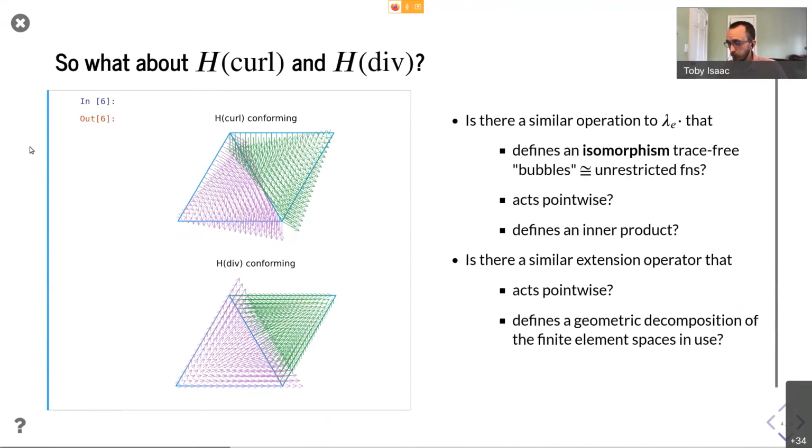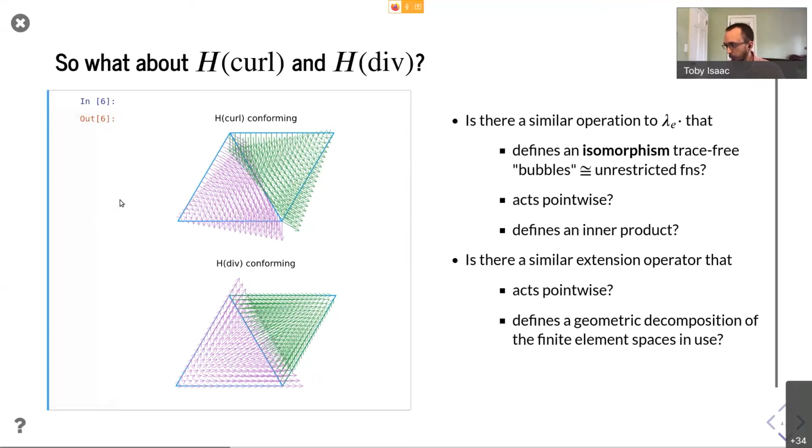Okay, so that's all scalar functions. So what about H-curl and H-div conforming spaces? I was working on writing this code up, and I was asking myself these questions. Is there a similar operation to just multiplying by the bubble that defines the isomorphism between the trace-free bubble functions and some unrestricted functions? Is there an operator like that that acts pointwise? Does it define a nice inner product with a weight function that I can use to define orthogonal or bi-orthogonal